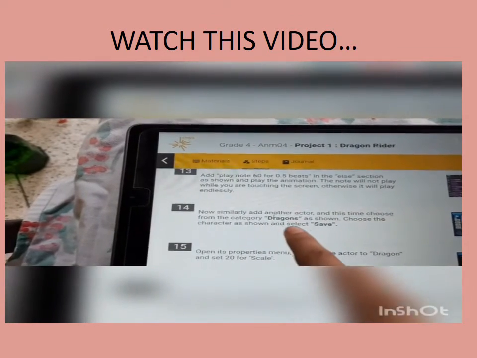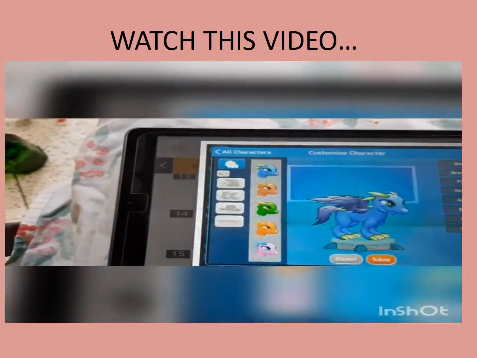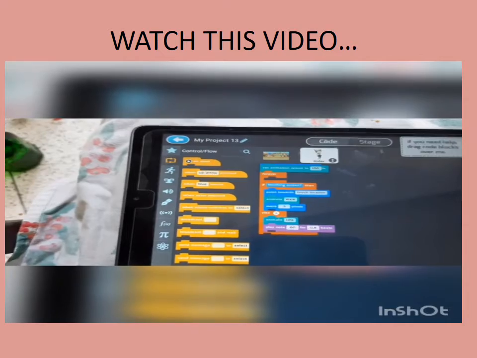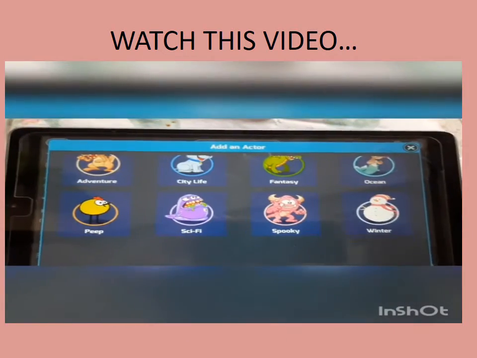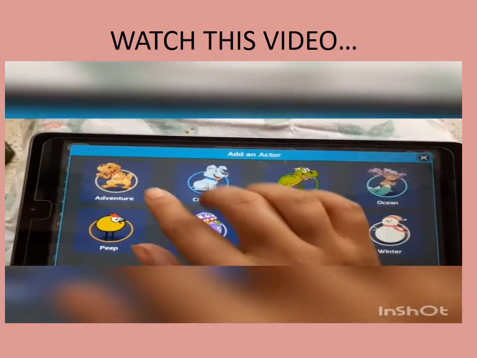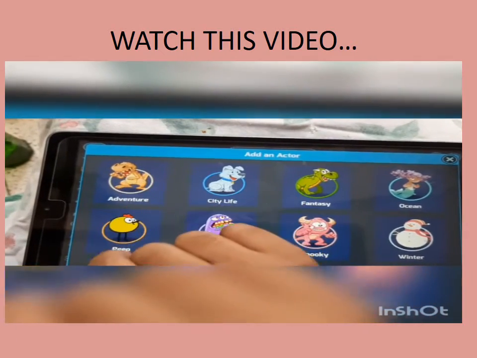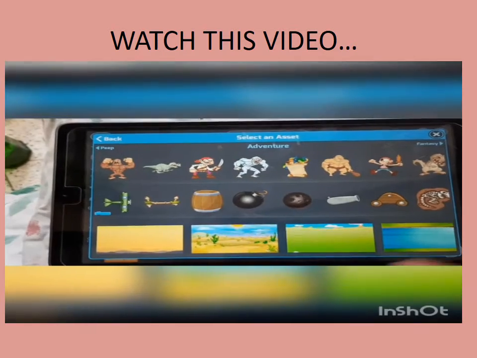Now it's time to add one more character, one more actor, from the category of dragons. So again we will choose the character as shown in the picture, that is the category of dragons. So in adventure category,